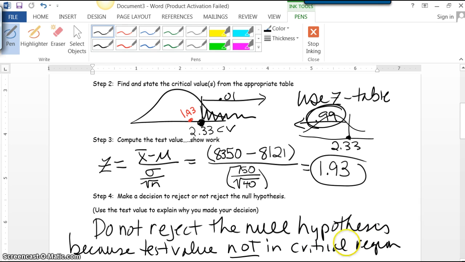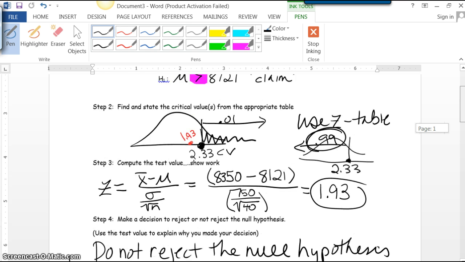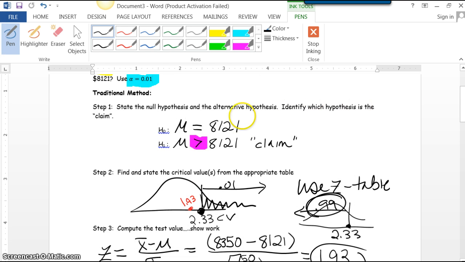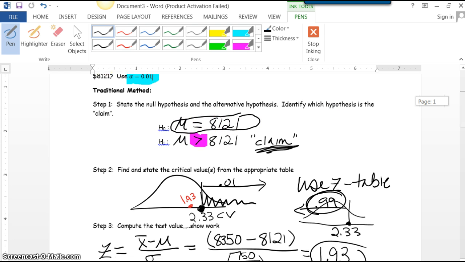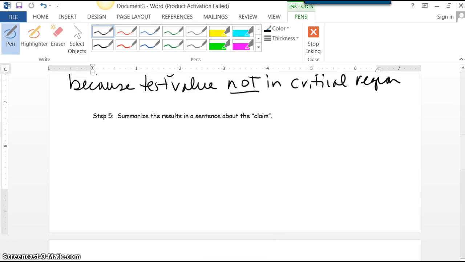And then let's look back at the null hypothesis. We are not able to reject this. We can't say this null is wrong, so there's no way we're supporting this claim. You'd have to be able to reject this null to get to this alternative to support this claim, and we cannot reject this null. And so in the last step, you say,